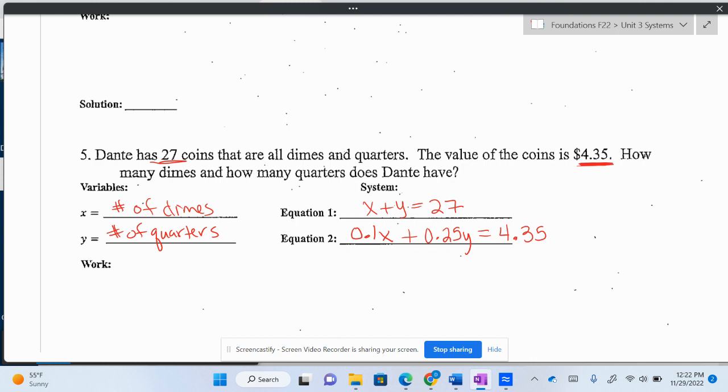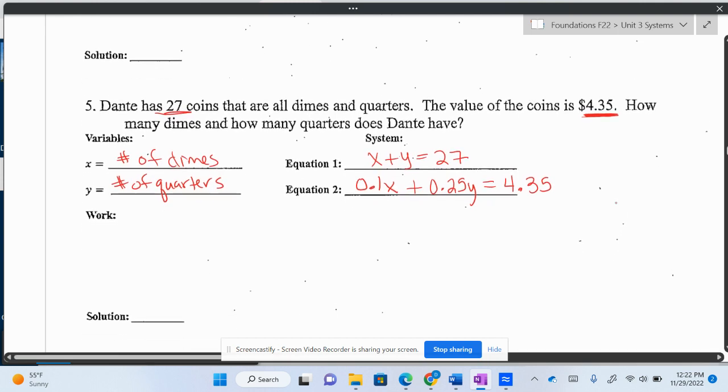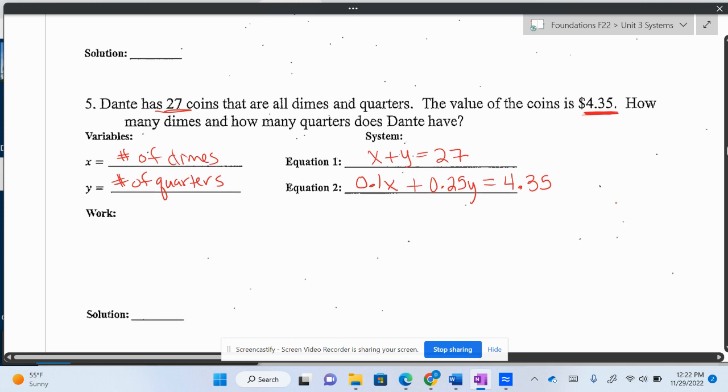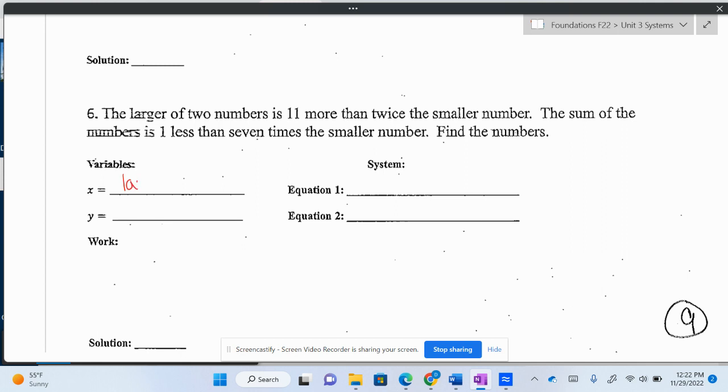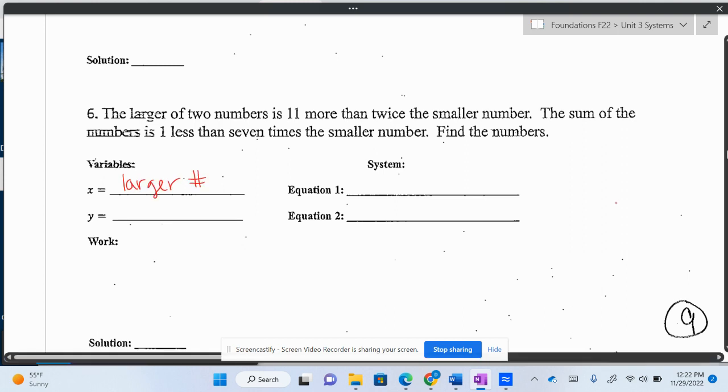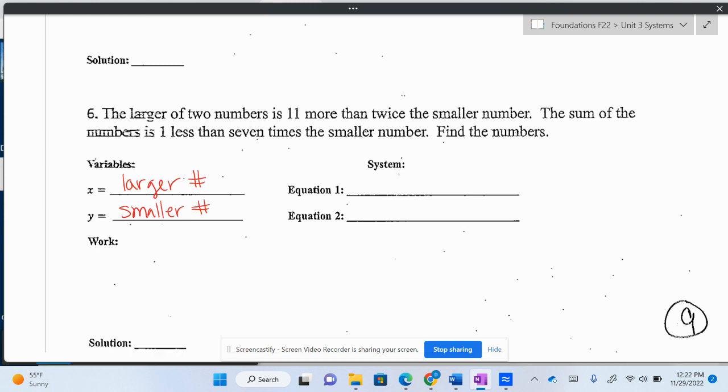Okay, I think we have one more question, right? And we'll set up one more. Is everybody good with this one? Okay. Larger of two numbers. So let's let X equal the larger number and let Y equal the smaller number. So it says the larger of two numbers. What number is that referring to? What variable is the larger of two numbers? What variable represents the larger? X. So X means X equals